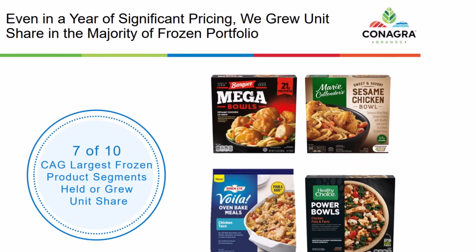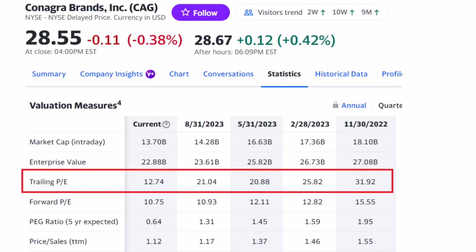It held or grew market share in 7 of its 10 largest frozen segments over the last year, and shares now trade for just over 12 times on a PE basis. That is half the long-term average, around 25 times price to earnings. And here, while you wait for that upside, the company has grown its dividend by 64% over the last 5 years. Now, each of these dividend stocks has that strong upside price potential, but I'm a dividend investor to my bone,